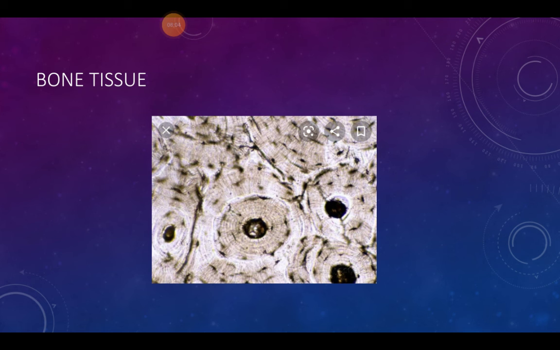They make the bone hard and rigid. Bones have a supply of blood through blood vessels. Location of bones. Bones are a part of the skeletal system. Functions of bones. Bones give a framework and definite shape to the body. They help in the movement of the body. They protect the internal organs like brain, heart, and lungs, etc.